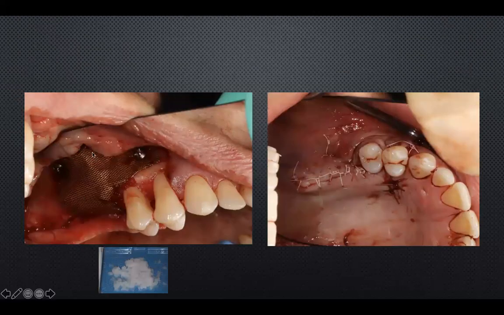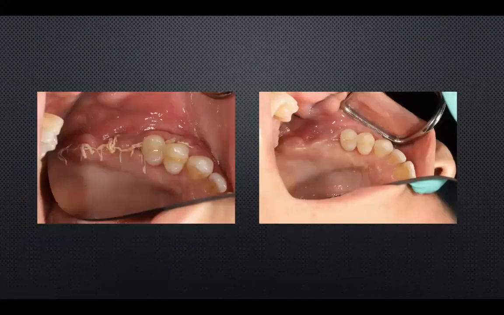So I placed the titanium mesh, and we placed the collagen soaked with the BMB below it. This is how it looks like, and then we close with a primary closure. This is how the area looks like after 2 weeks, and this is after 2 months. And this is a PA radiograph after 5 months of healing,